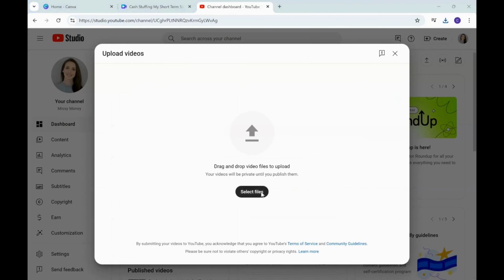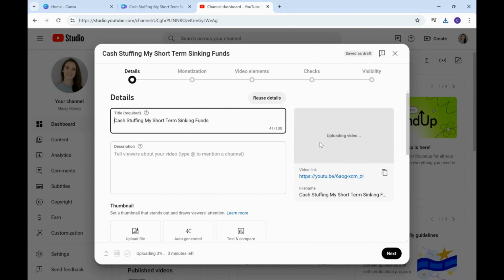So I'm going to go find that file that I just downloaded. I'm just going to go to downloads and I'm going to click on the file that I just downloaded. And then it is going to upload that video. So as it's uploading, you can see down here, it is uploading the video and it's giving you a time estimate for that video to be uploaded. While it's uploading that video, I can go ahead and start typing in the information and telling YouTube the information about this video. So let's say that this was my September